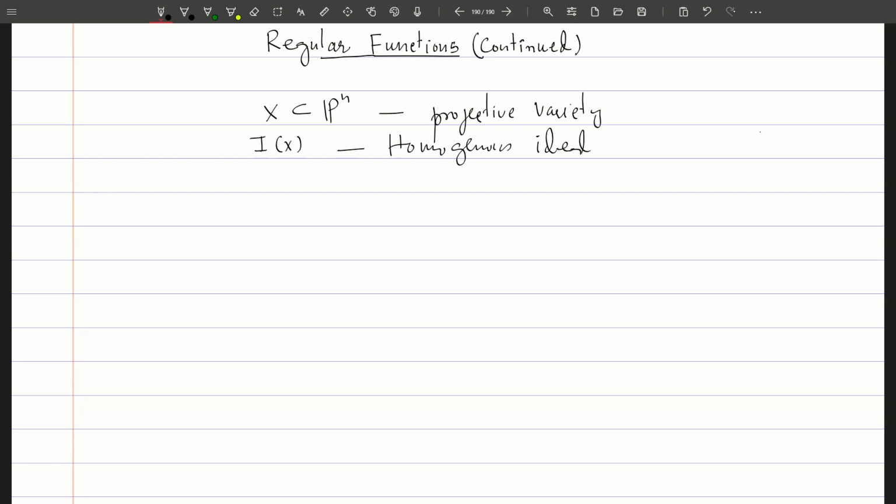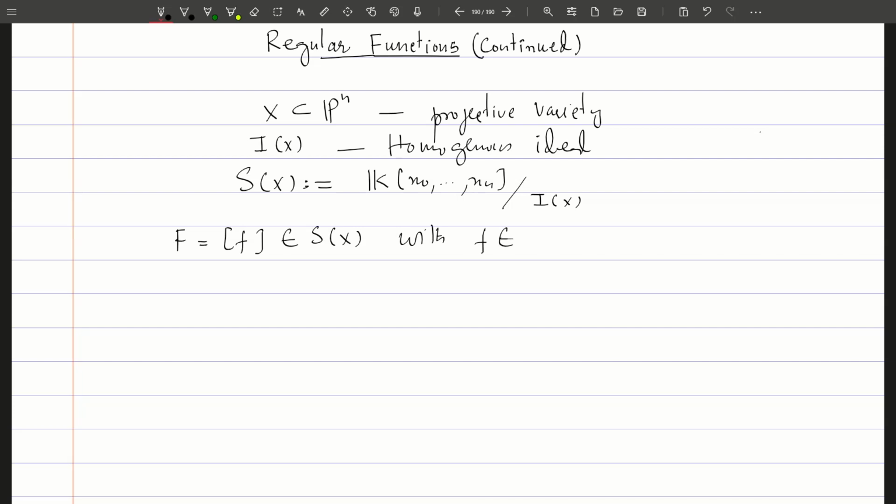Then we can define the homogeneous coordinate ring of X, which is denoted by S_X, and it is the quotient ring of the polynomial ring in n plus 1 variables modulo the homogeneous ideal. Then we saw that if we denote by big F the class of little f, with this little f being a polynomial in n plus 1 variables,